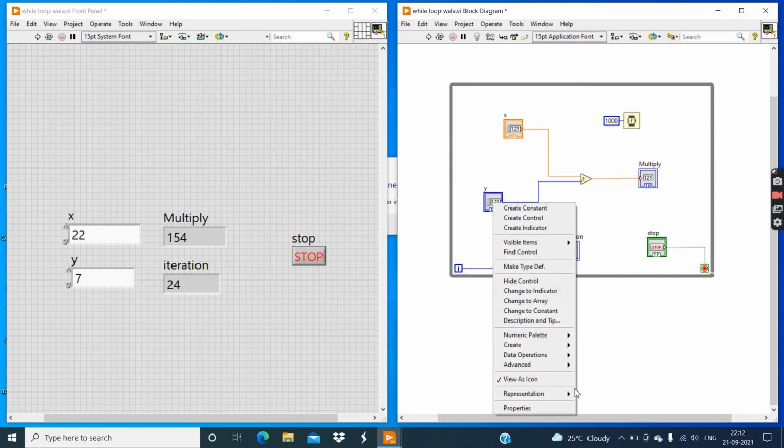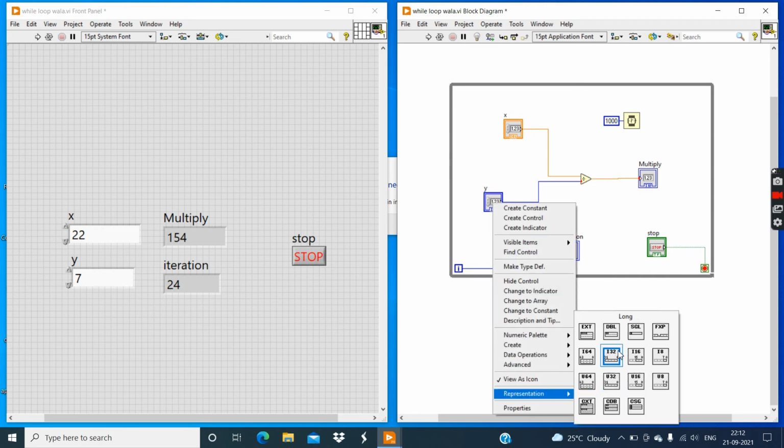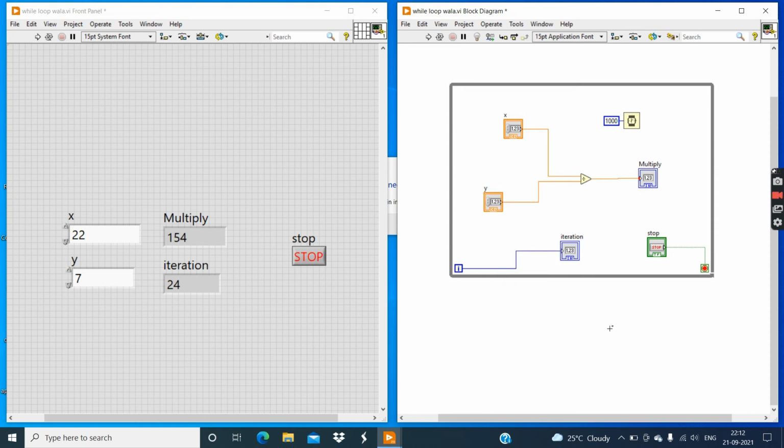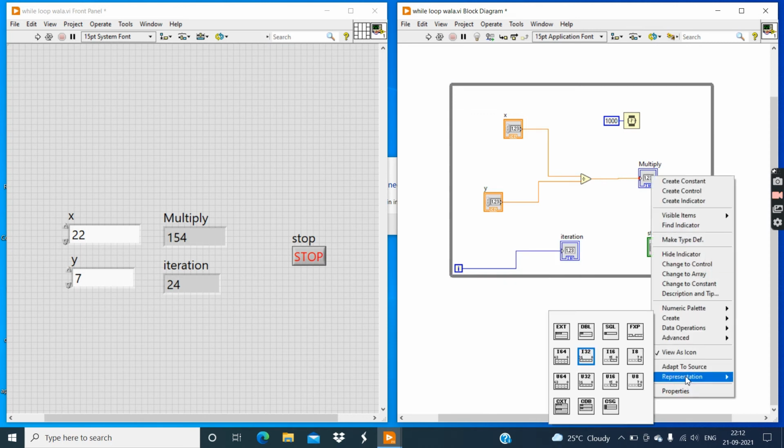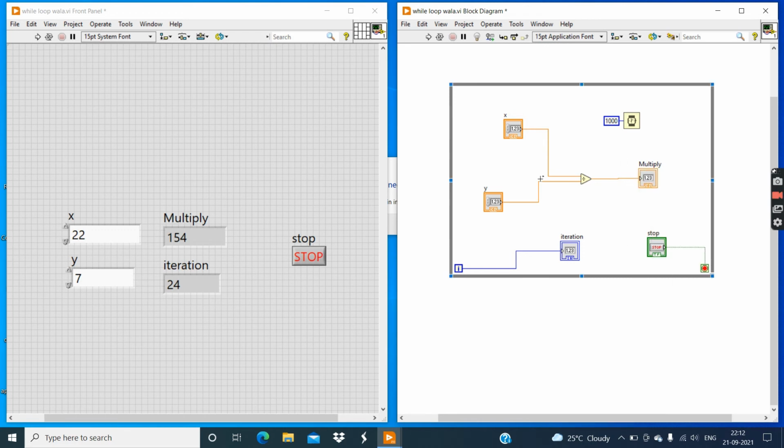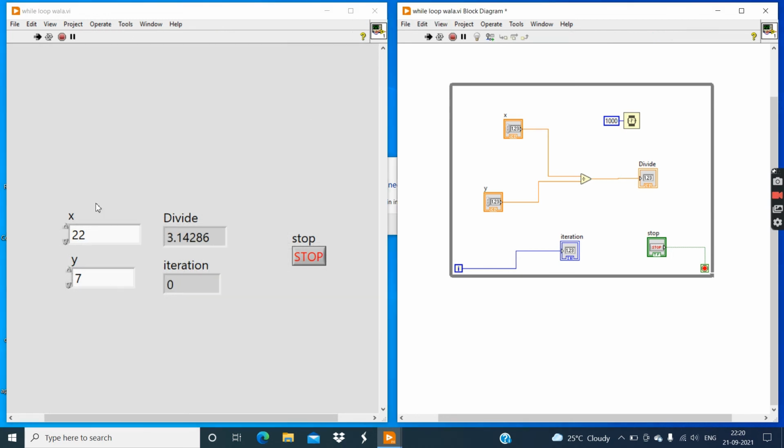Similarly with this Y controller, change the representation from integer to double, and the same with this indicator also. Now you can see all three dots are gone. Now change the name of this multiply to divide.